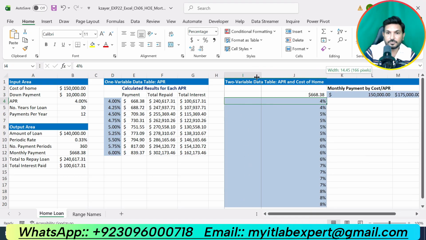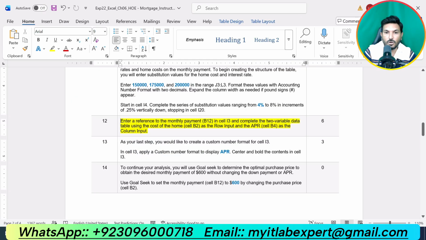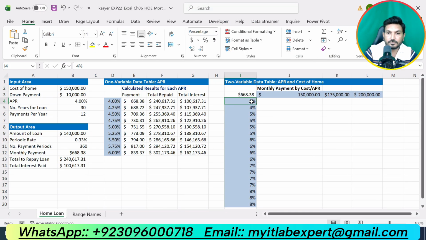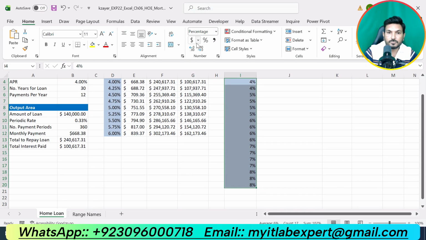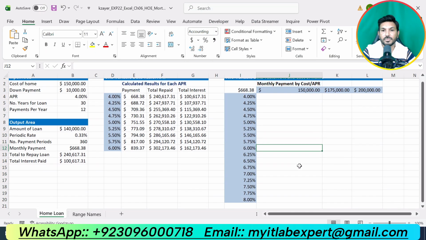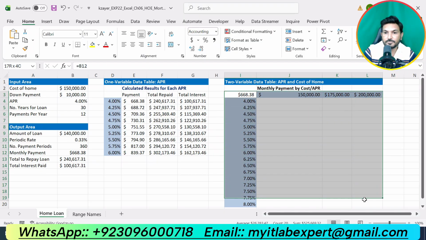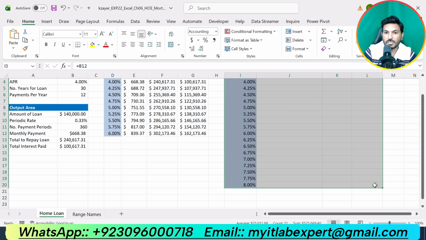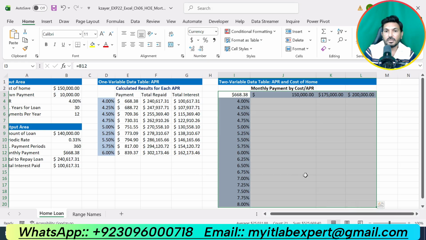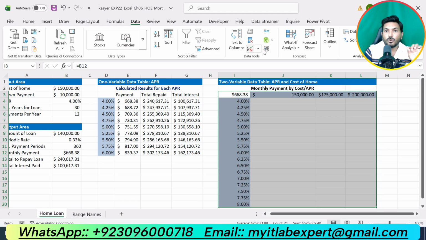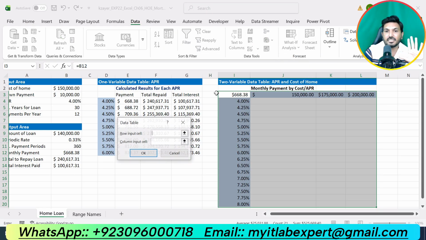Now complete the two variable data table using the cost of home B2 as the row input. Now select this range. We have selected the range. Now we are supposed to complete the two variable data table. So select this range, go to the Data tab, in What-If Analysis select Data Table.